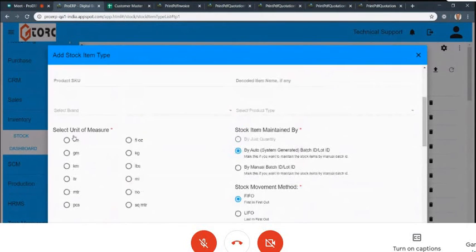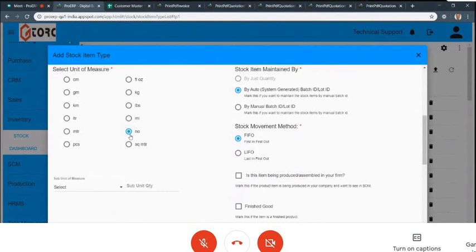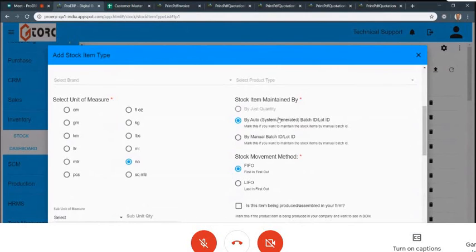Then I have a unit of measure. I only see these units of measure. I'll answer your question, by the way. I say this is counted in numbers. I have a movement method. How do I move it? Automatic batch ID gets generated by the system, or manual batch ID. I will enter the lot number that I received the raw material by. If I receive 1,000 items from a supplier in 3 lot numbers, it will pop up for me to enter lot number quantity to break that 1,000. But if I say automatic batch ID, the system will generate one batch ID for that 1,000 as one thing.